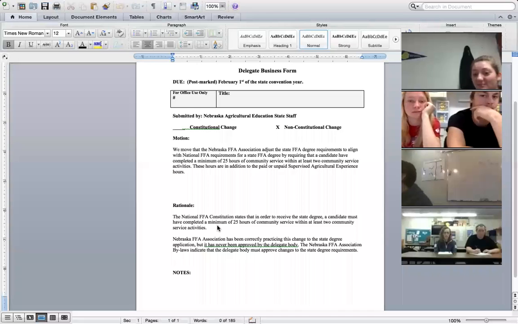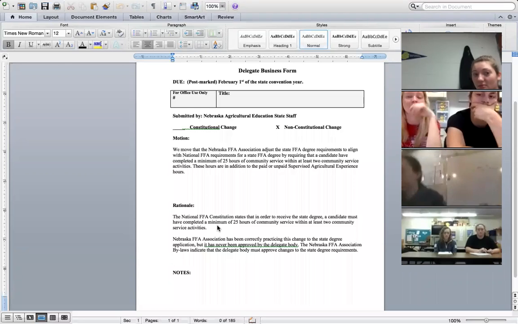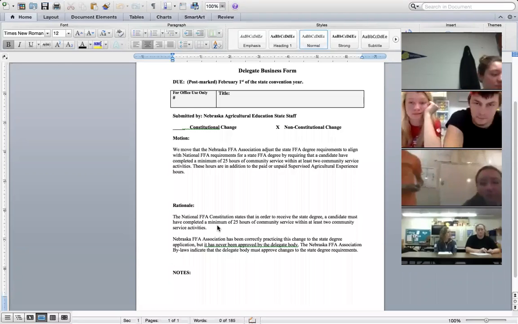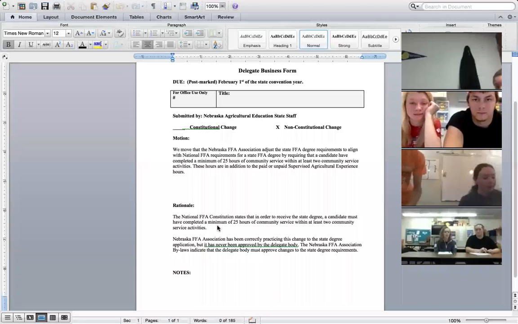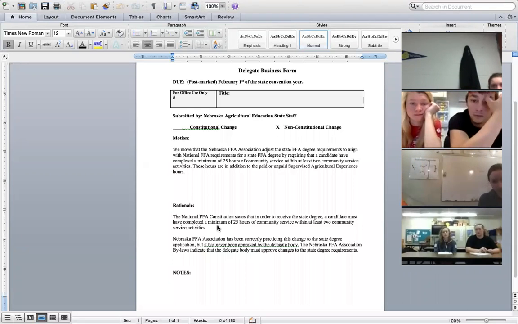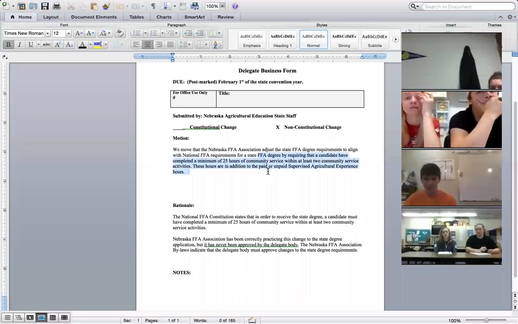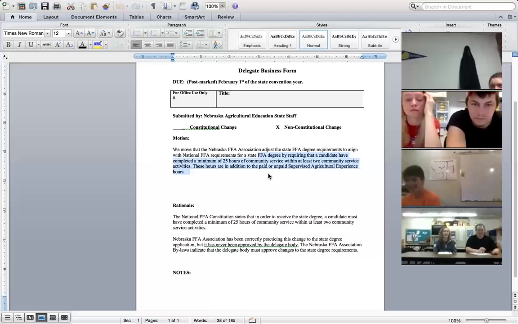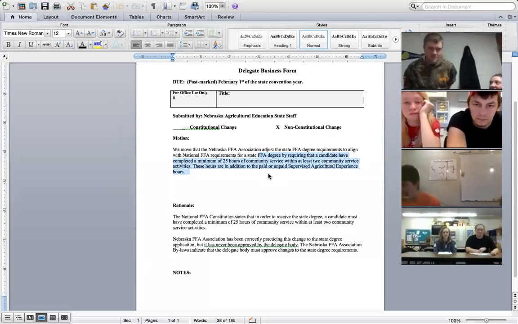All right, so this is one of the first proposals, and this is coming from the Nebraska FFA board. This proposal is set up to change the state degree requirements to make it match nationals. And in here you'll read, they want to change this part of it, which means they want to break down your community service hours, and instead of having 25 hours from one group or one organization, you'd have to have 25 hours from at least 2 different groups, which